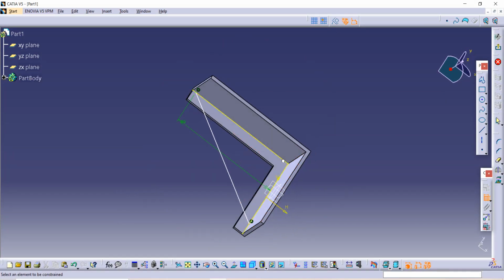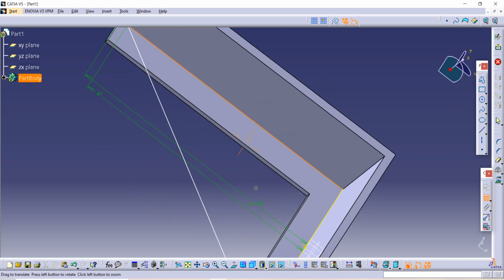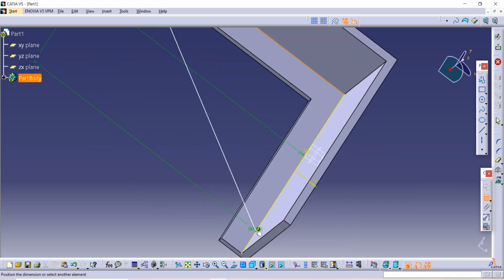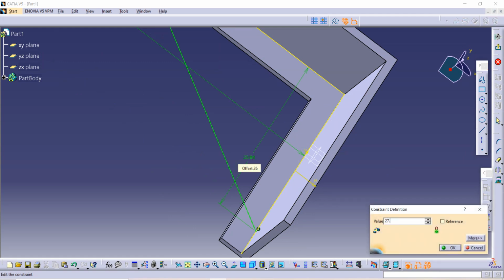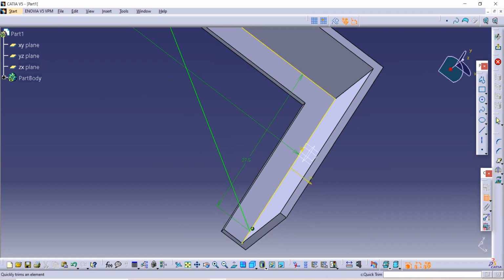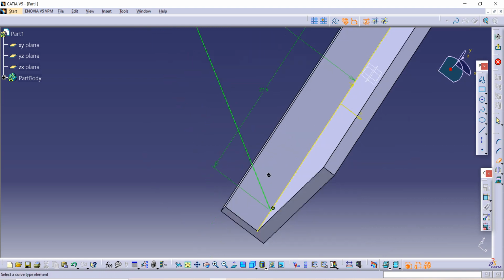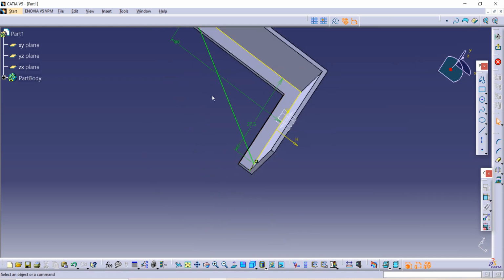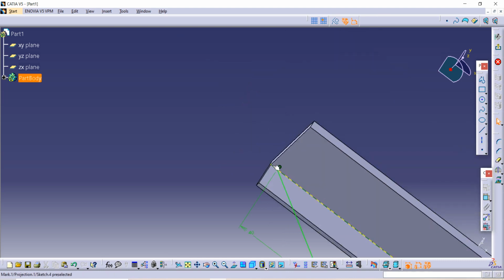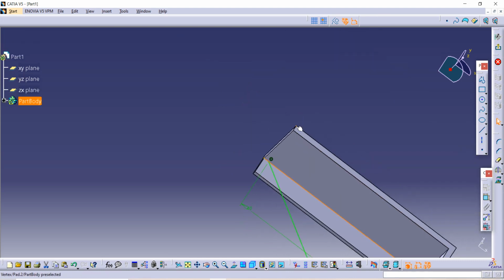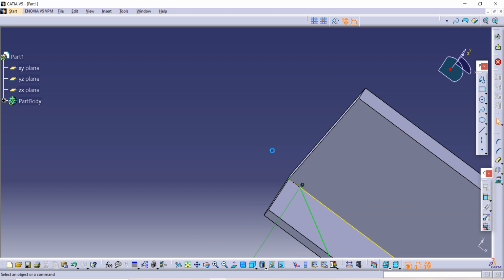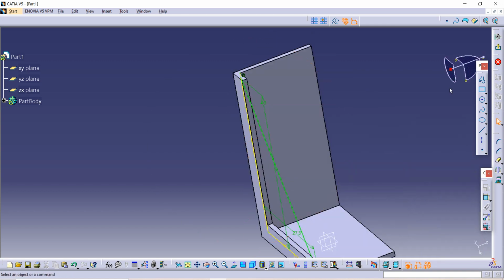This yellow line to this point is given as 27.5, and now use this Trim command to trim unwanted parts. This one is unwanted, and this one is unwanted. Now we have completed this sketch. Then go on Exit Workbench.